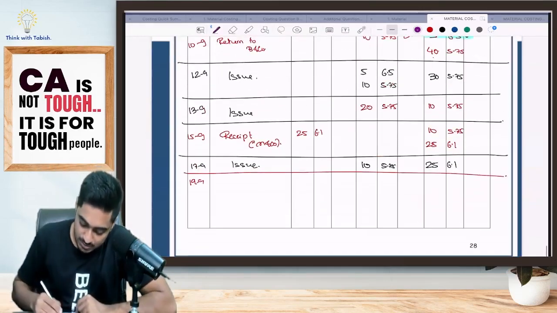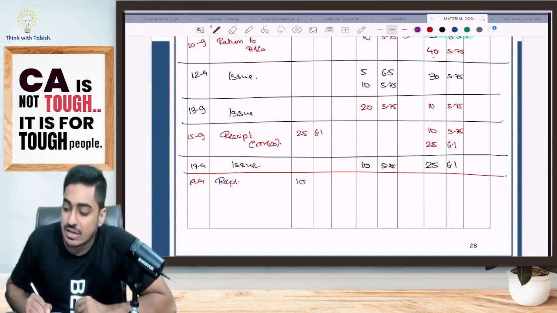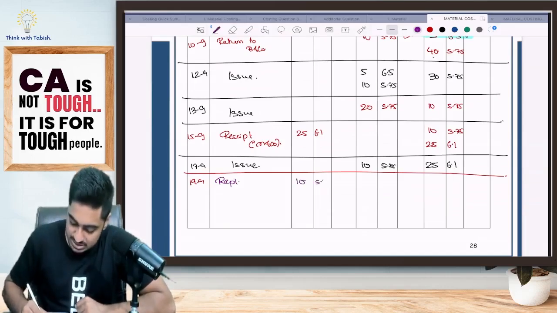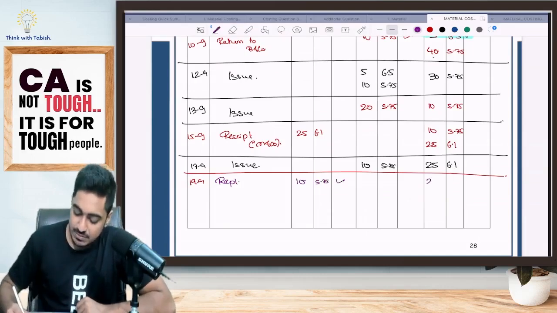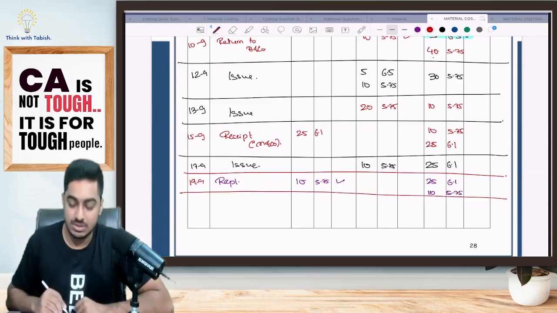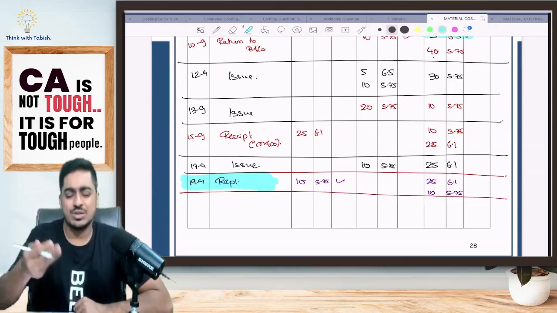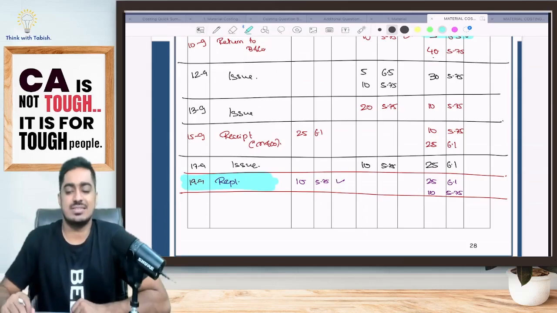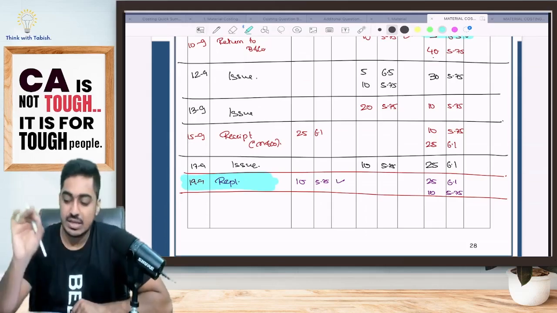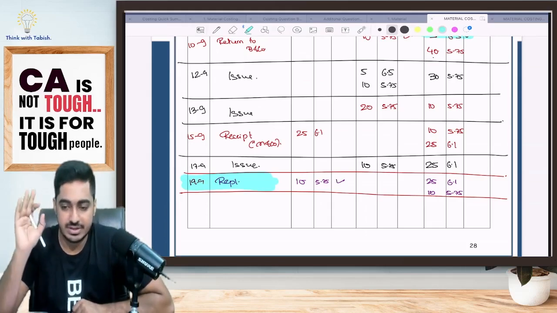Okay, so I will say, okay, boss, replacement is received, not a big deal. 10 units at the rate of 5.75. That means I am having 25 units at the rate of 6.1, and 10 units at the rate of 5.75. Is this clear, everyone? Till here, any doubt? This was one slightly new adjustment, but I hope all of you were in a position to manage this. Nothing great here. Now comes the trick, the adjustment.